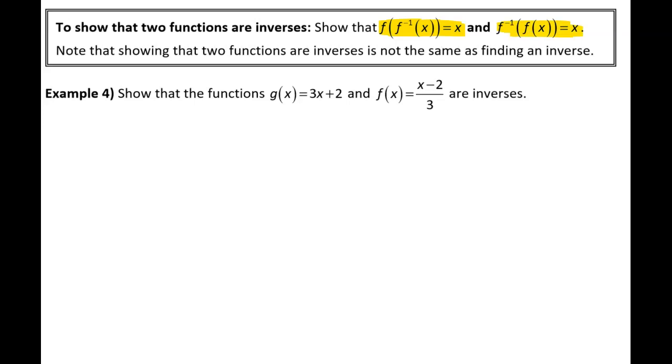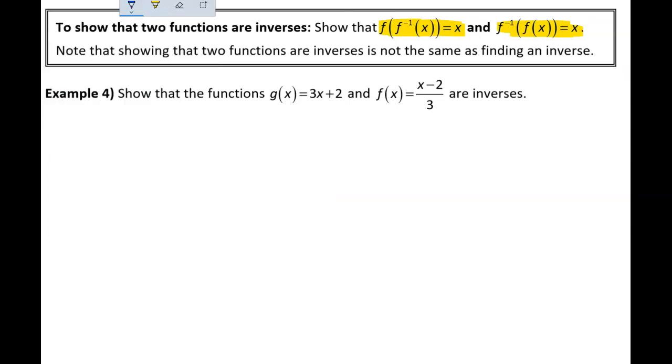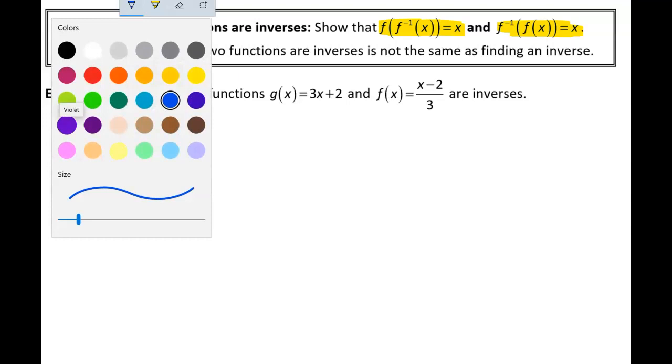Note that actually finding the inverse is not the same as showing that the two functions that we already have are inverses. So whenever it says show that two functions are inverses, it doesn't mean find the inverse and say, yeah, I got the same thing. What it means is we want to find the compositions of those two functions. So these functions, even though they're not named as inverse functions, we're asked to show that they are inverse functions. So let's start with the composition